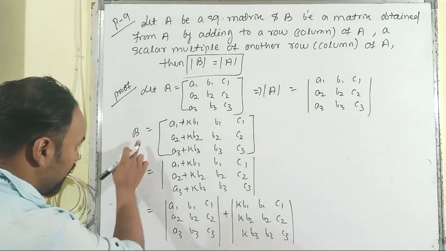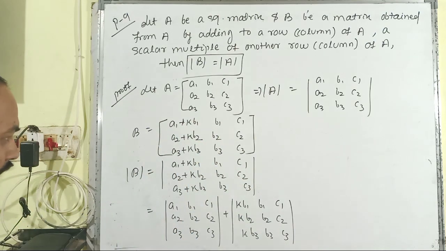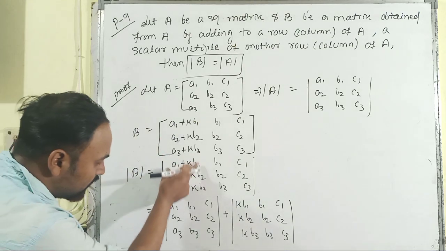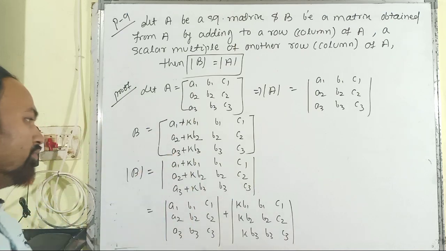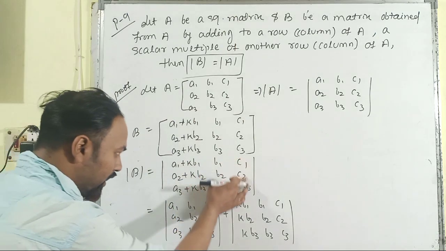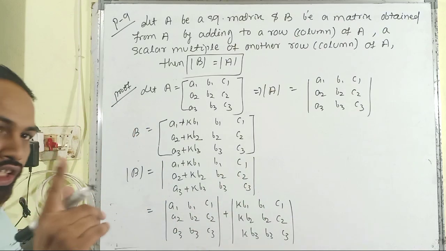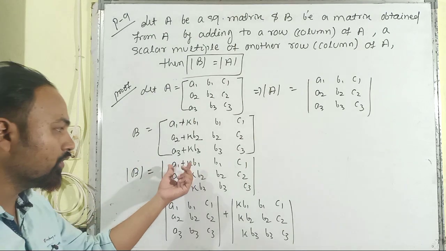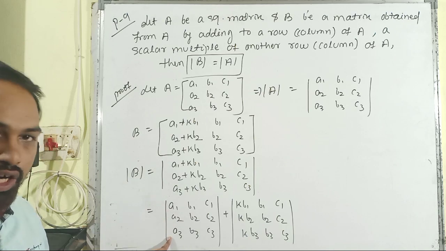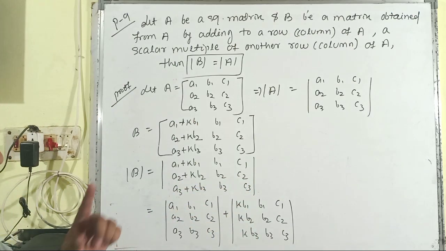Let us prove it. The determinant of the newly formed matrix is the determinant of all these 9 elements present in the given matrix. Then by using property number 8, the previous property, we can separate the elements of the first column into two determinants, so that the rest of the elements b1, b2, b3, c1, c2, c3 are unchanged in both determinants. We just separate the two terms of the first column. The first components of the first column are represented in the first determinant, and the second components are represented in the first column of a new, second determinant.